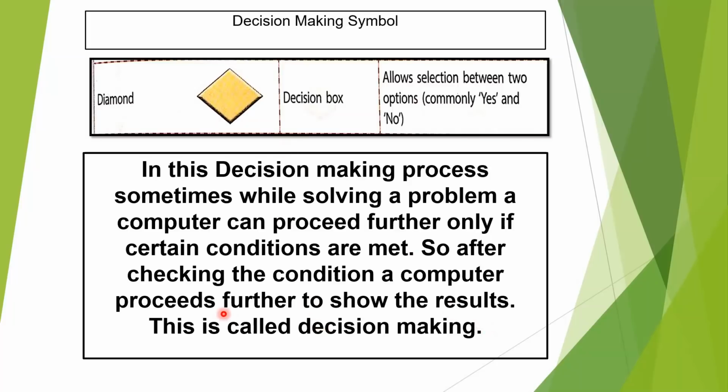After our condition is satisfied, a computer will further move to the next step to show the output results. This is called decision making. This decision making symbol decides whether to go to the next step to show the output result. It analyzes and decides if that condition is being met. If it is yes, it will go to one output symbol. If it is no, it will go to another output symbol. You will better understand in the coming slides. So 2 examples have been covered in this session on the decision making symbol. You will understand it better by looking at those 2 examples. Okay, children, shall we move to the next slide?